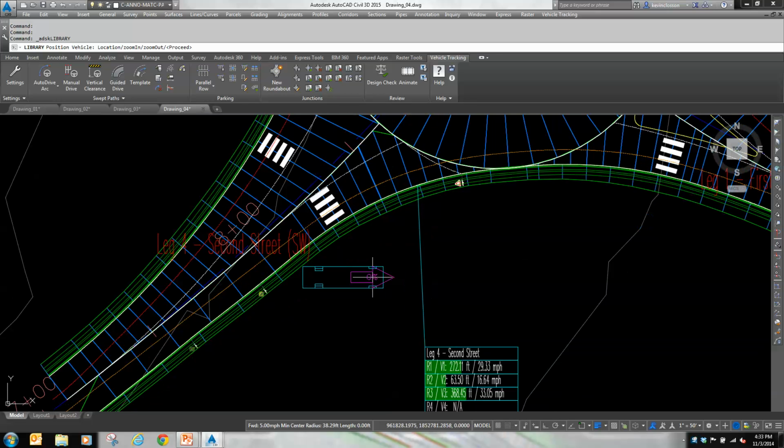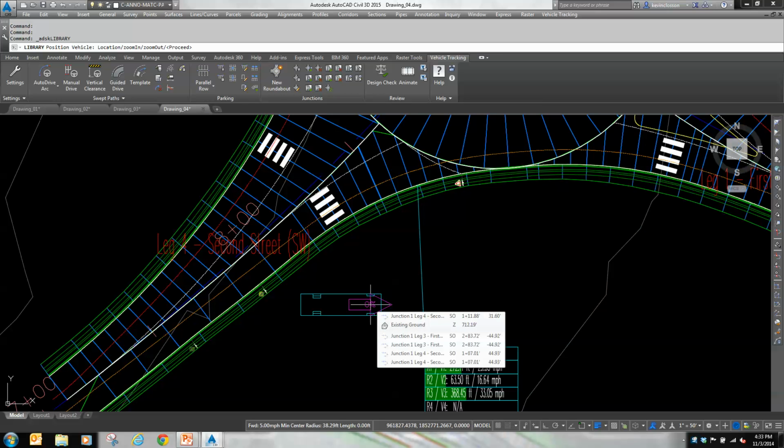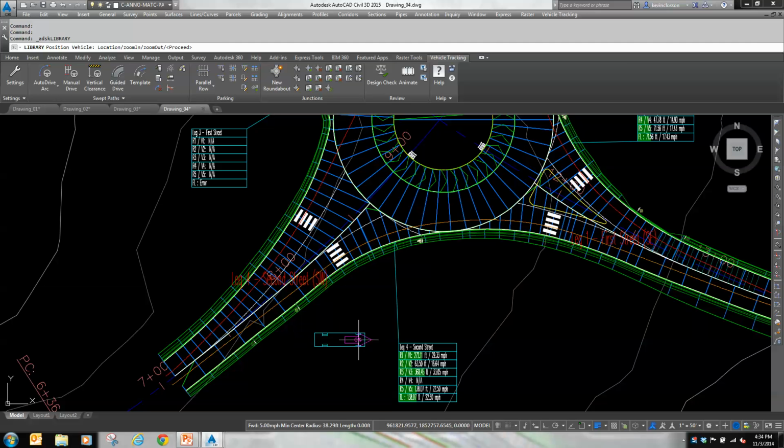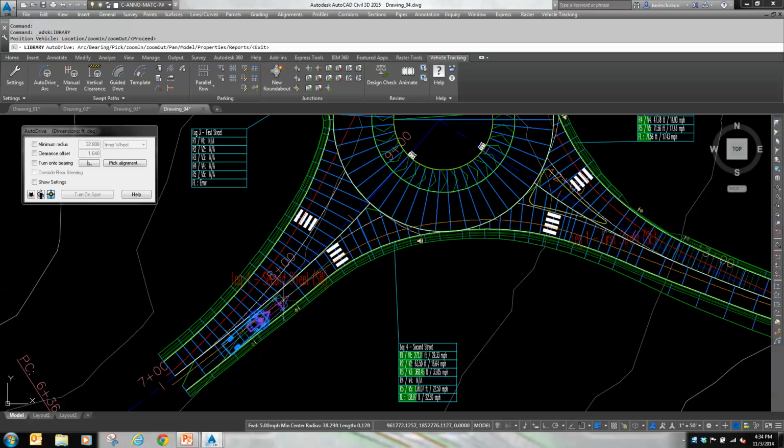Now notice, and this also works with parking lots, where it understands that those parking stalls are objects that are specific to vehicle tracking. So when I would go to pull a vehicle into one of those, it snaps to it. Same thing happens here with the roundabout. Notice my vehicle is looking due east, but as soon as I make its way onto the roundabout, see how it snaps into place? So I can pick wherever I want to start this, and then